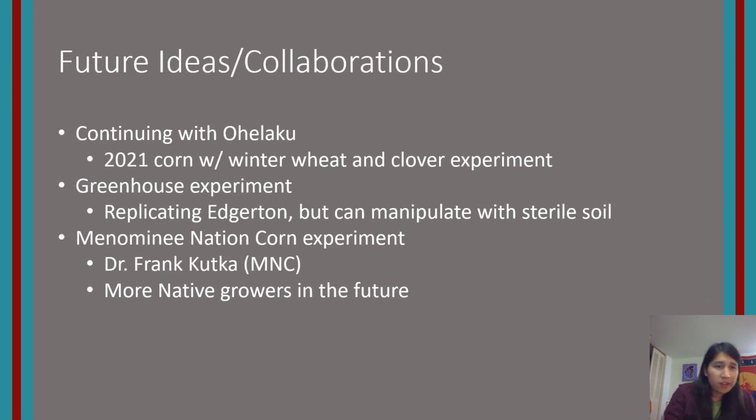And then also I'm going to do a greenhouse experiment. And so what we can do in the greenhouse is, as I mentioned in that one experiment earlier on where they fumigated the soil, we can do that, but more precisely, we can just sterilize the soil and grow it in the greenhouse, so we can have those corns growing with those different cover crop mixtures.